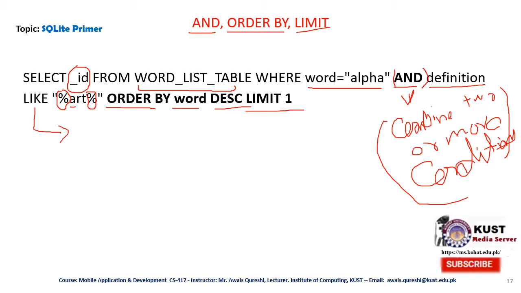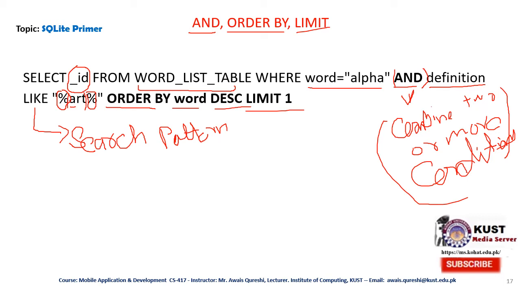What is this like operator? The like operator is used for searching a pattern. We are using it for the sake of search patterns. And what are these symbols? Special symbols like the percent sign. This means that in the middle we have the requirement of getting art. We are not interested in what is in the initial position or what is in the last position. We are interested in the middle position: any part of the string that contains art, return those words,